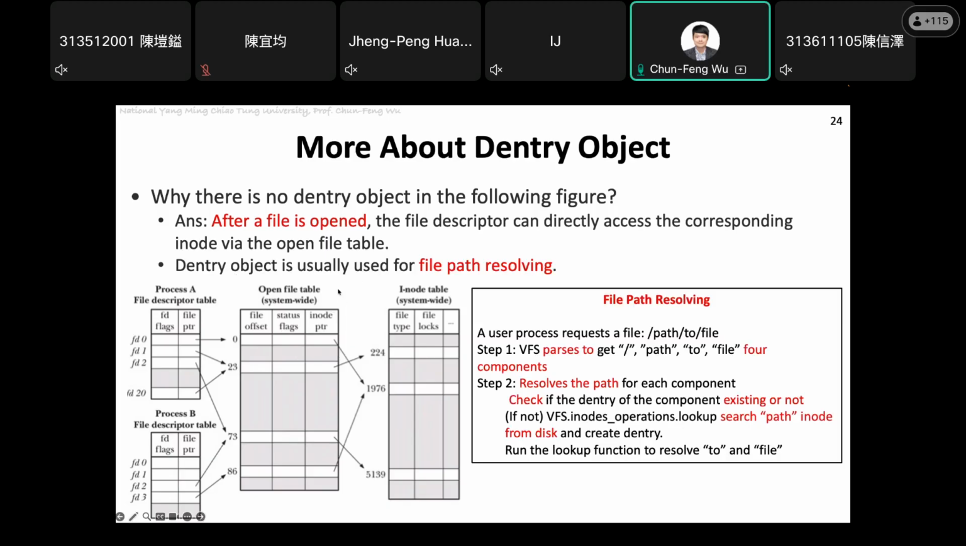Okay, so the dentry object is usually used for file path resolving. File path resolving means the process opens a certain file that we don't really have before. This is the file path resolving, just like we summarized from the cross slice. So given the file name, we try to check the dentry object, and if you already finished the file path resolving,